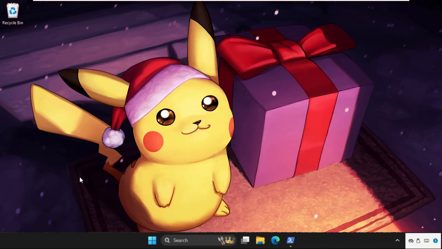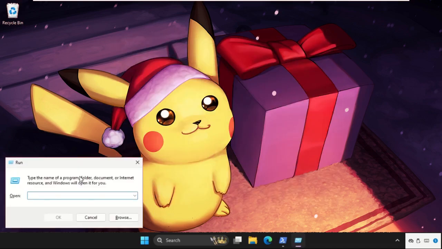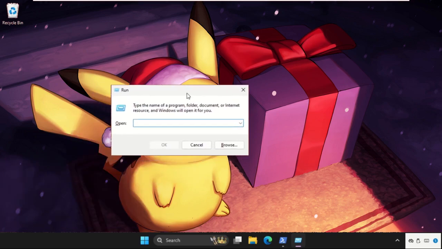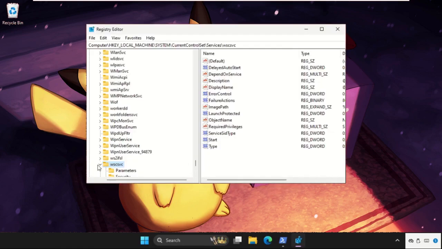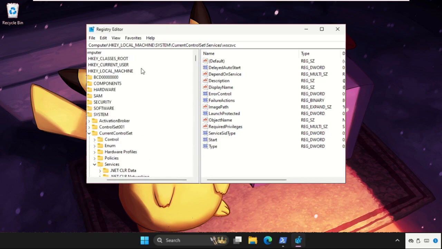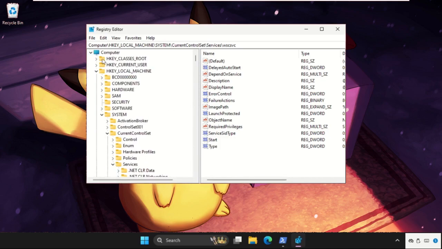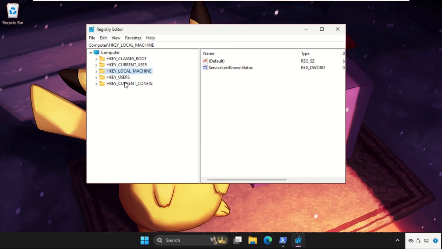Now press Windows key plus R key together to open run. Now type here regedit and hit enter. Now let me go back to the main screen. Now expand HKEY_CURRENT_USER